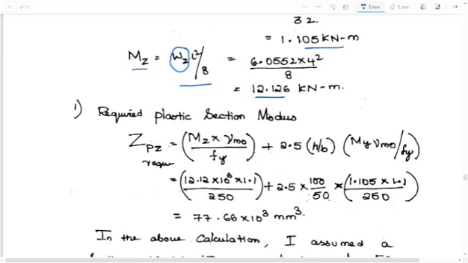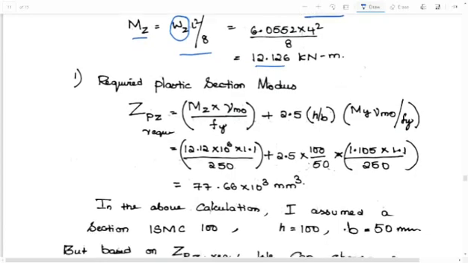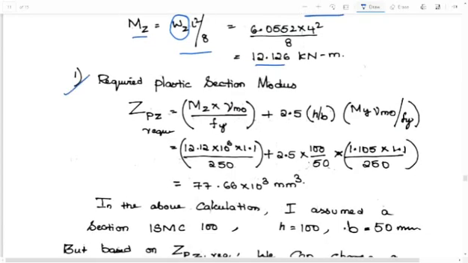Now, of course, you know what is wz. Wz is the load acting on the z plane, which we calculated in case 1. We are just taking it out here. The same loads, everything is the same. So now, first thing is to calculate the section modulus. I told you, when you want to find out the ZPZ required, you need to know what is H and what is B. So in order to put H and B values, you have to assume a trial section.